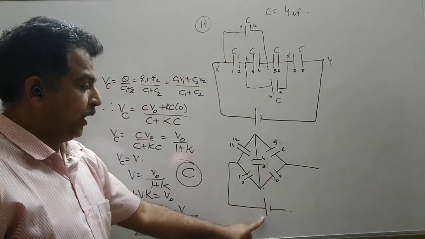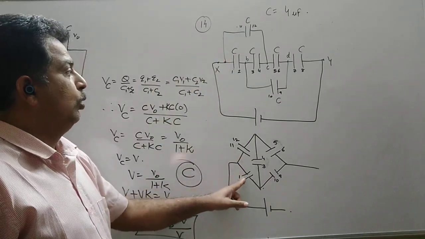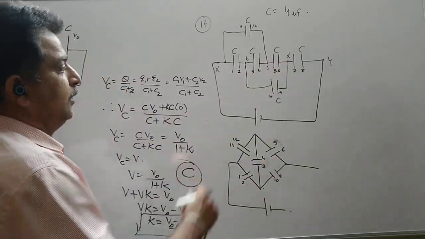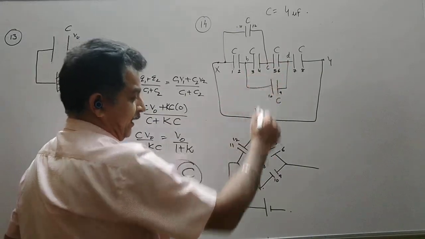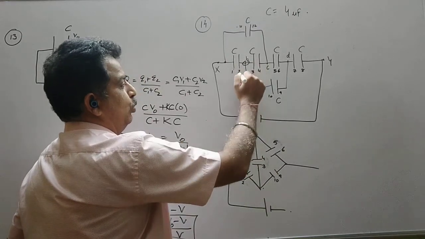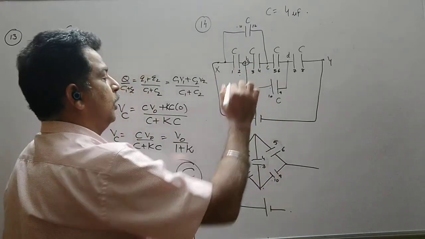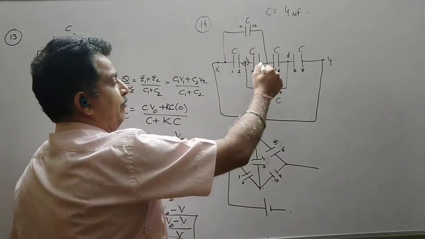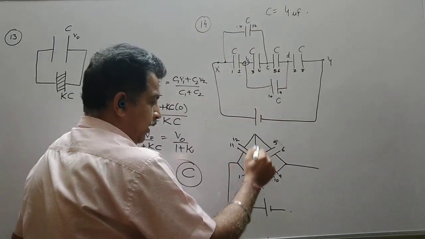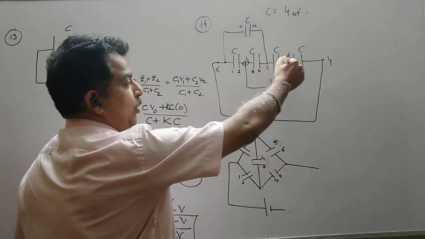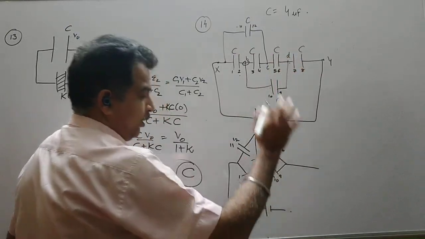connected to a positive terminal, 2 connected with 3. So this is 2 connected with 3 and 10. 12 is connected with 4 and 5. Now 6 is connected to 9.